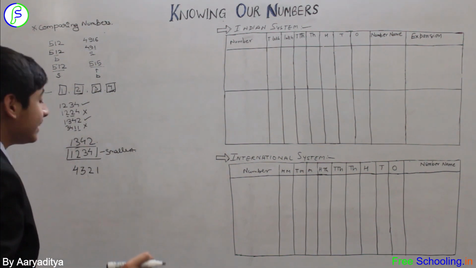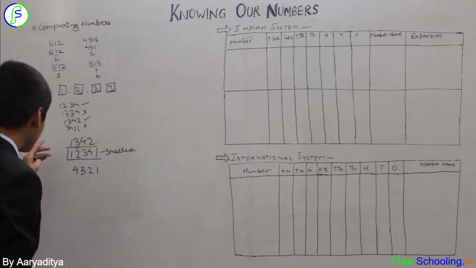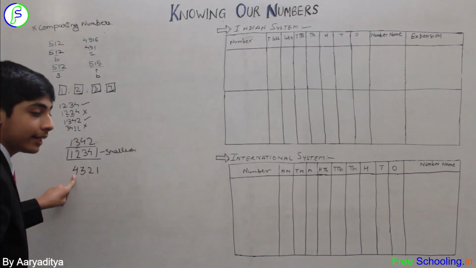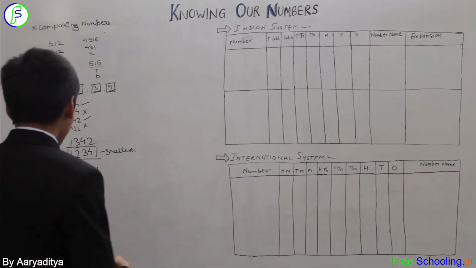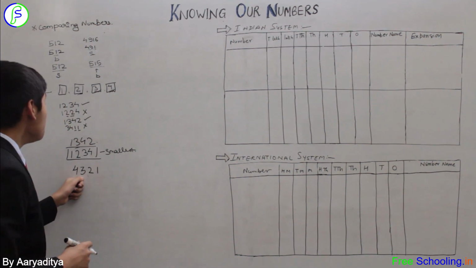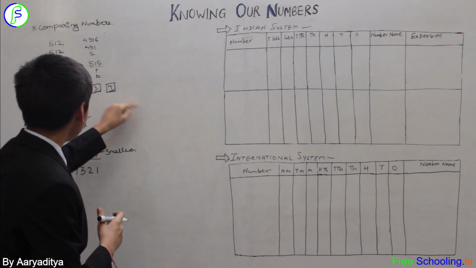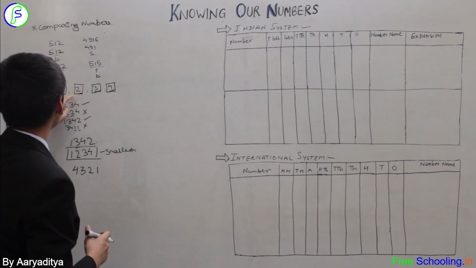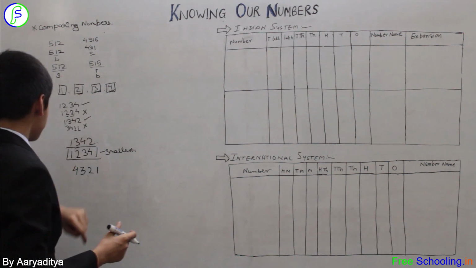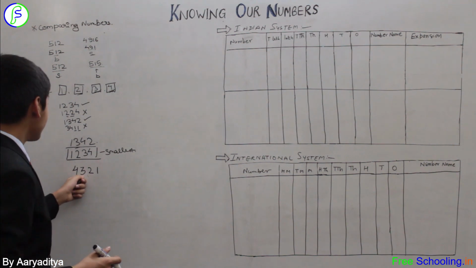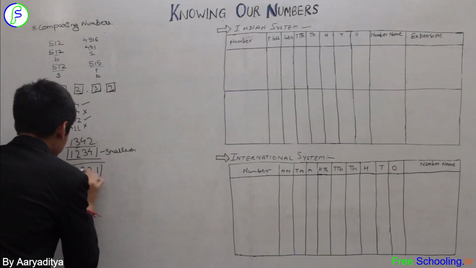So the condition that I have been fulfilling here is that from the leftmost side, the number that occurs first is the greatest among the set of digits. So 4 is the greatest among the set of digits, and in the next place the number should be smaller than 4 but greater than the rest. So if we eliminate 4, which is the biggest? We get 3. Continuing this process till the end, we get the greatest number among them all.